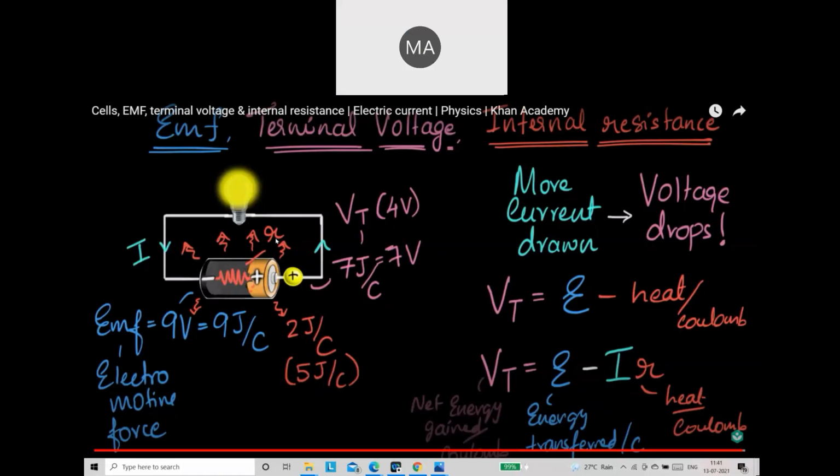2 volt. No, I don't need the example, just tell me using the equation. I is the current flowing and r is the internal resistance. What is the voltage drop across this internal resistance? EMF minus Ir, terminal voltage. That's not the question, listen carefully. I is the current flowing through this circuit. Small r is the internal resistance. So what is the voltage drop across this small r resistance? That is the question.